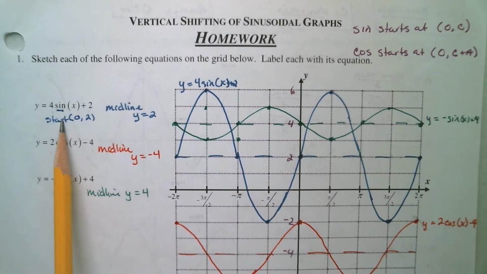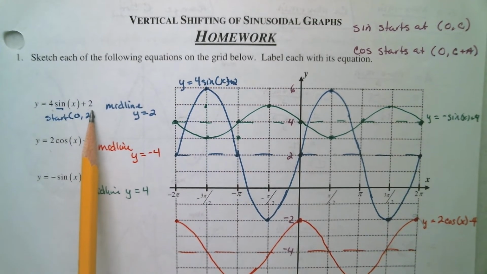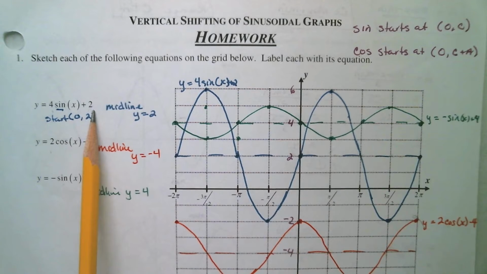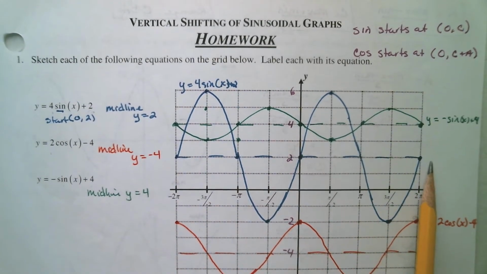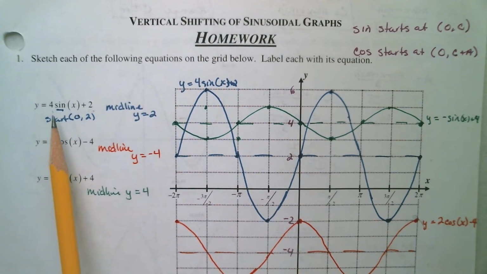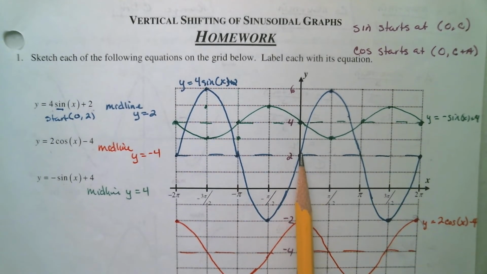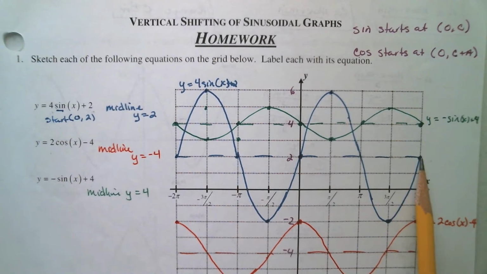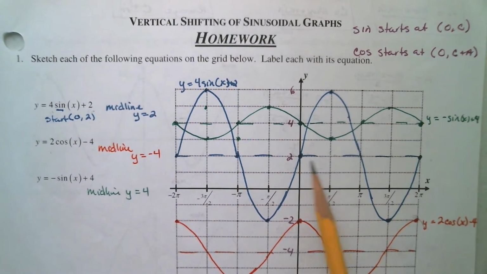Okay, so y equals 4 sine x plus 2. So the first thing we always do is draw the midline, right? So the midline is the c value 2. So I've got this dashed blue midline. And then sine, the a value is 4. So this sine is always going to start on the midline. And then at 2 pi, it'll end on the midline. Midway between,